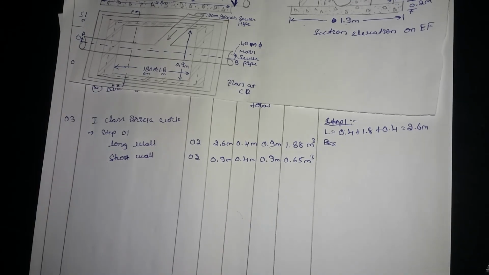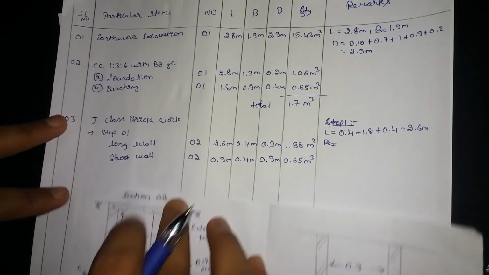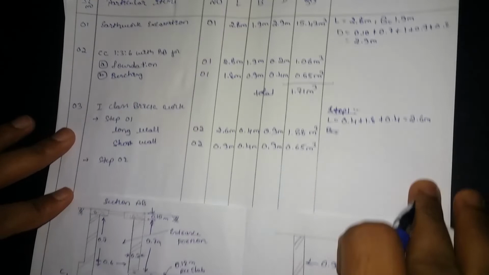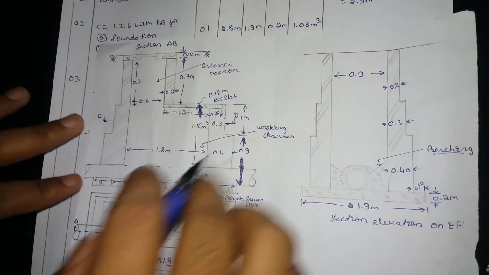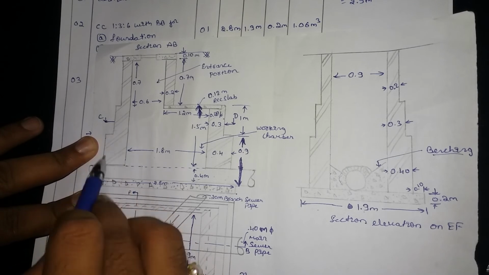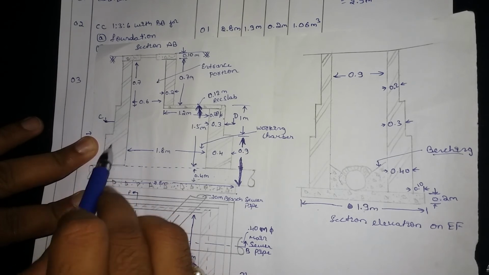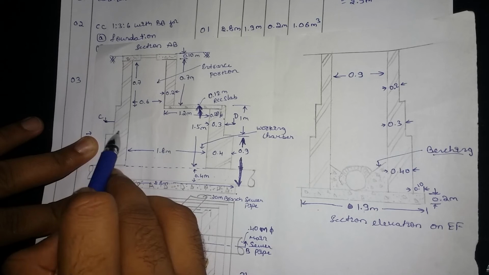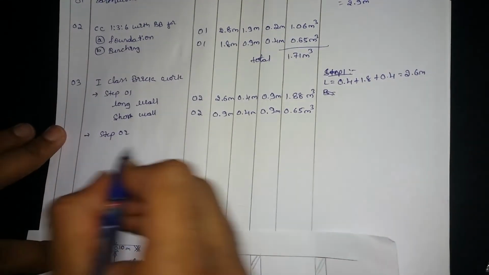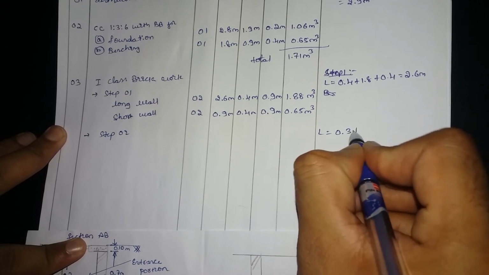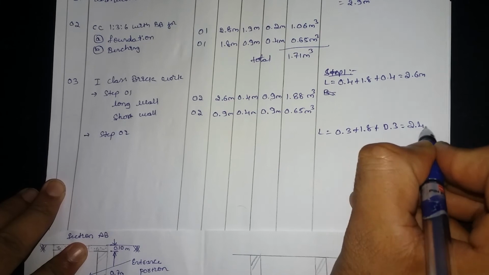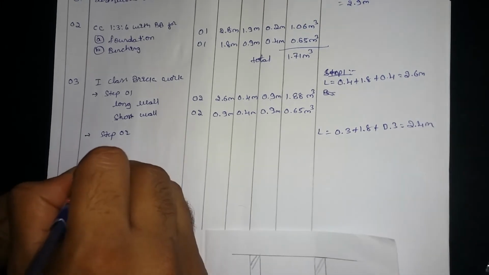Okay, now what we need to find out is step number 2. Now it slightly moves on. What is step 2? See, this is your step 2, this is your step 1. The thickness, that is the breadth of the wall, is varying, that we are going to consider. This is step 1, this is step 2, this is step 3. For step 2 we consider 0.3 as given, and on this distance again plus 0.3. So this gives your length. Length is equal to 0.3 plus 1.8 plus 0.3. How much are you going to get? It is 2.4 if I substitute in the calculator, for the long wall.